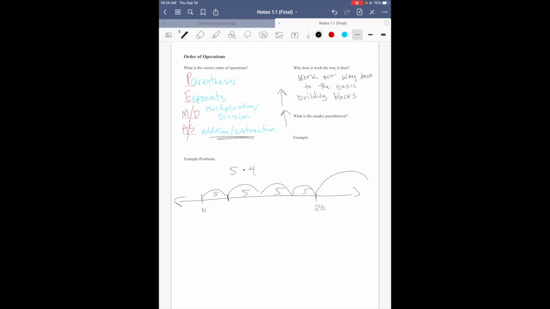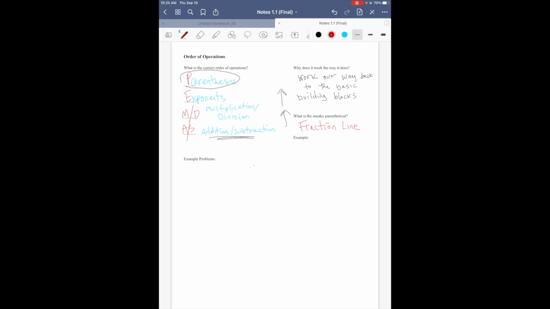And then parentheses sort of is on its own. Parentheses, it's always like, do this bit first. That's its own thing. So there's this other one. What is the sneaky parenthetical? What's the fraction line? Right? So let me erase this. So our sneaky parenthetical,